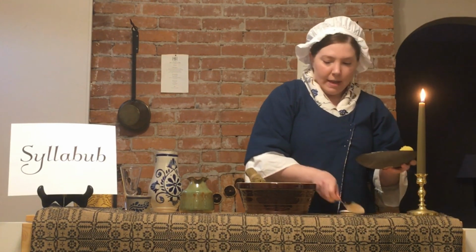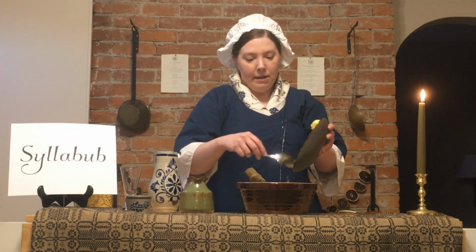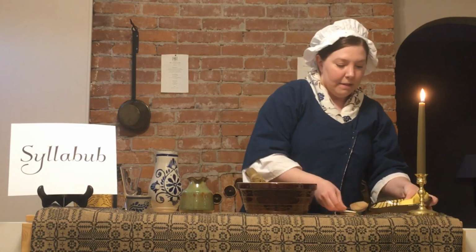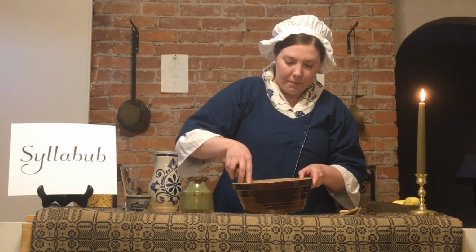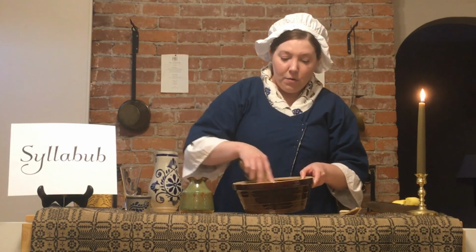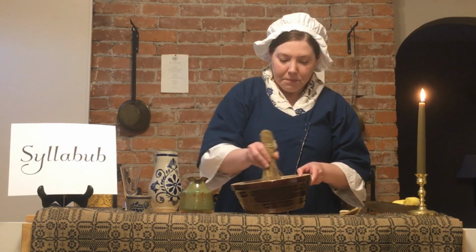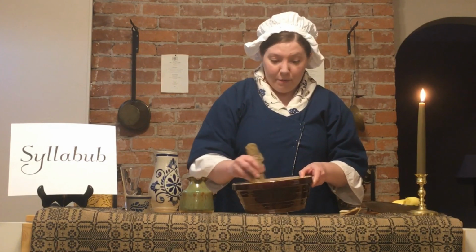And then I'm going to go ahead and add the zest in as well, which just really adds more intensity of lemon flavor to our dessert. Okay, so now that all of our ingredients are added and incorporated, we begin the whisking, the more labor-intensive portion